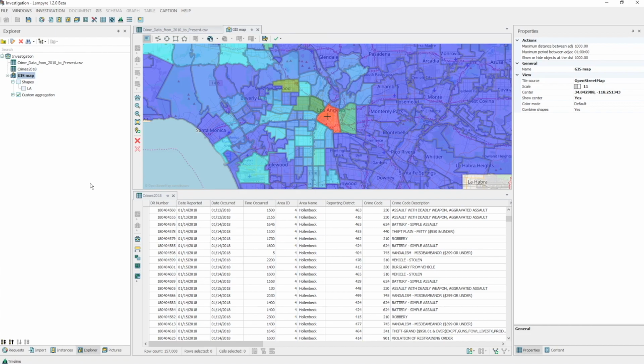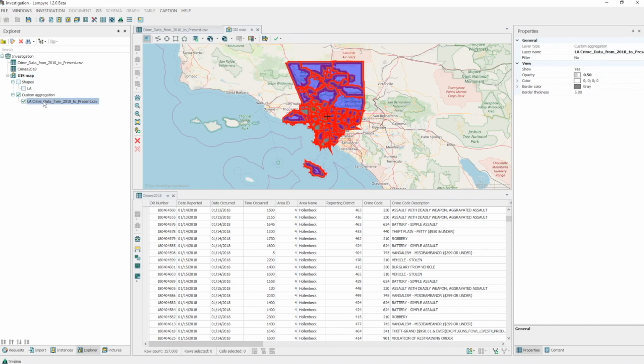Now let's get back to our cross-module feature again. When selecting a certain district on the map, the incidents of this district are selected in the table. Now let's add to our investigation some data on the real estate prices in different districts of the city. To make our work easier, we'll change the color of the previously created aggregation layer into red. In the Explorer window, we tick this layer. Then we open the Properties window and change the color parameter into red. We'll pick the color from the custom palette. Here is our result. In the Explorer window, the system also indicated the change of color.